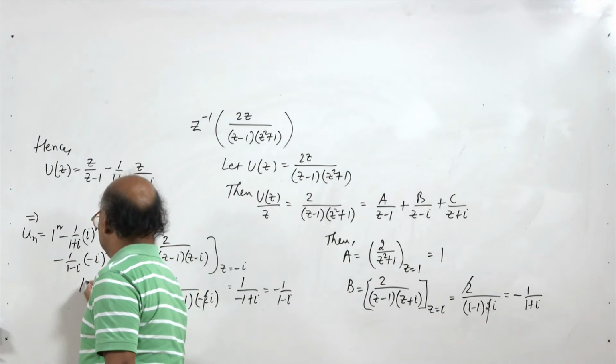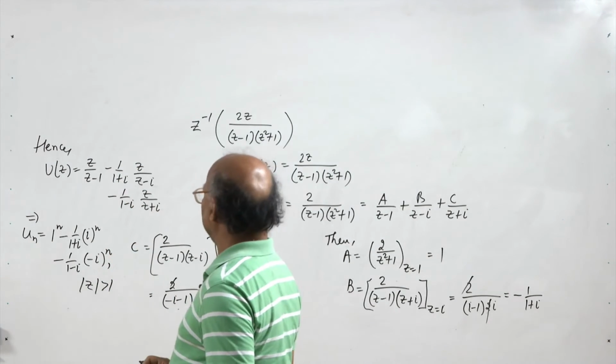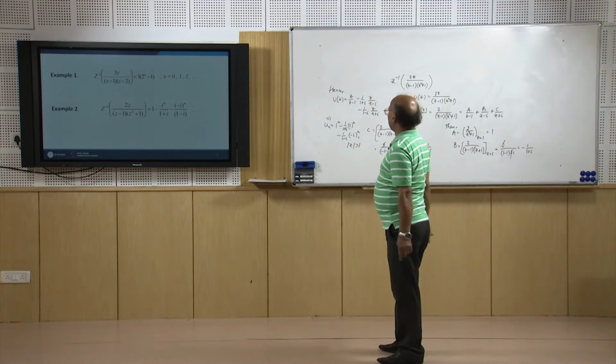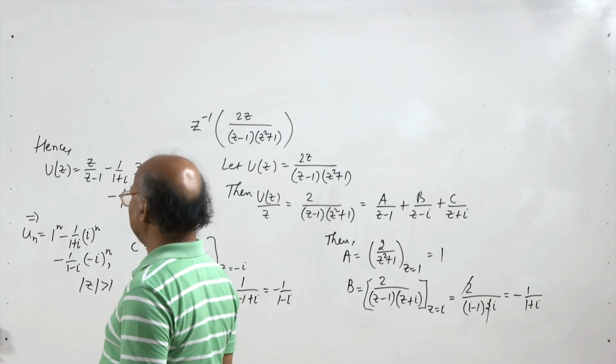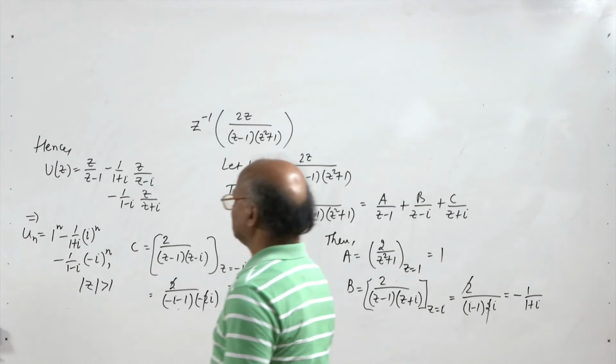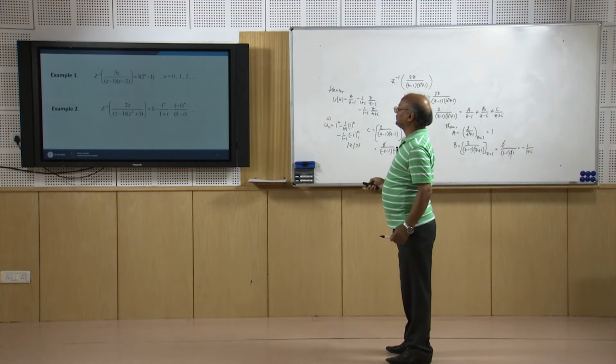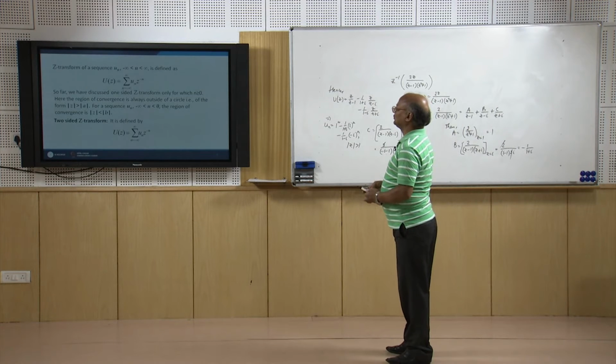So, we get mod of z greater than 1. So, we have 1 minus i to the power n over 1 plus i, minus i to the power n over 1 minus i, where mod z is greater than 1. So, this is the solution of example 2. Now, let us go to